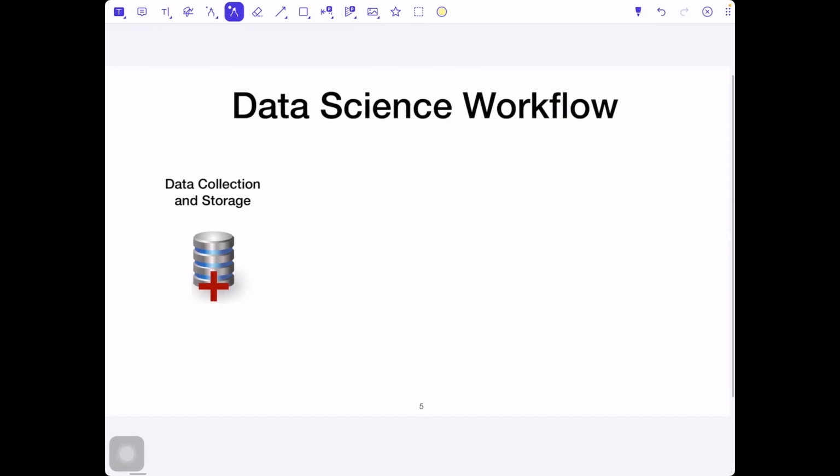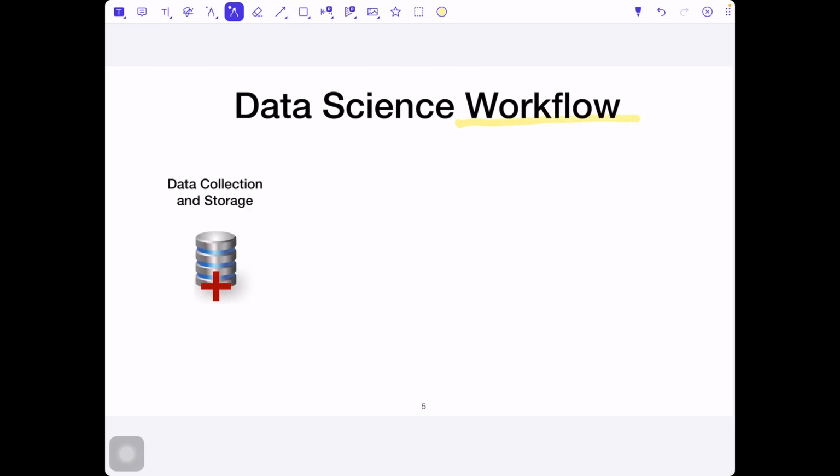In data science, we generally have a workflow, and this workflow consists of 4 steps. For any project you are working on, you need to do these 4 main steps. The first step, as you can see here: we collect the data from various sources.